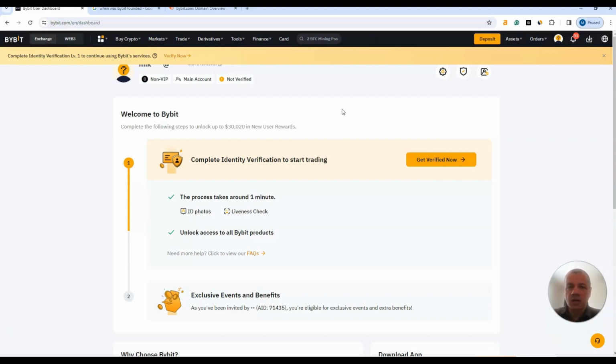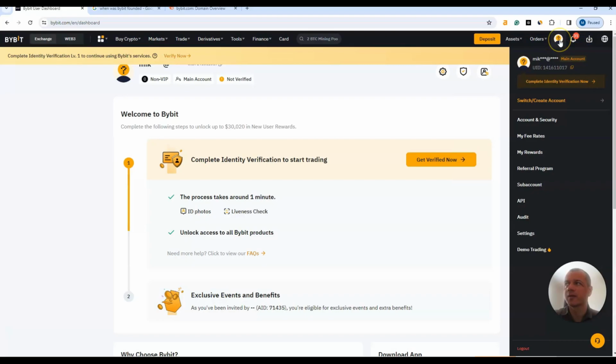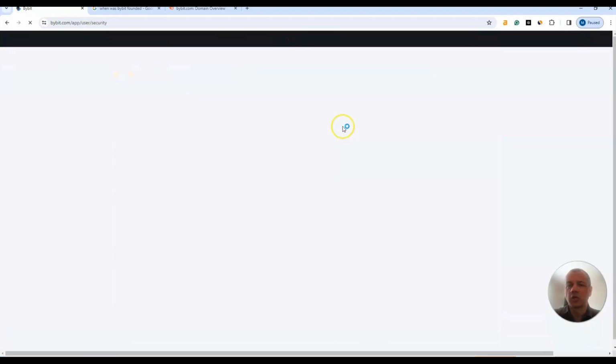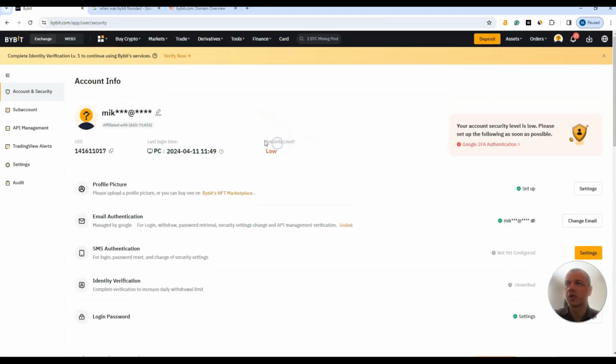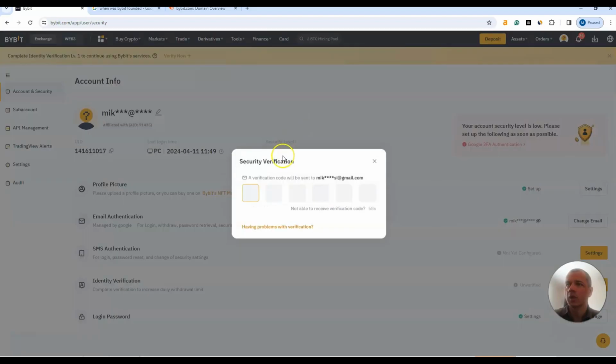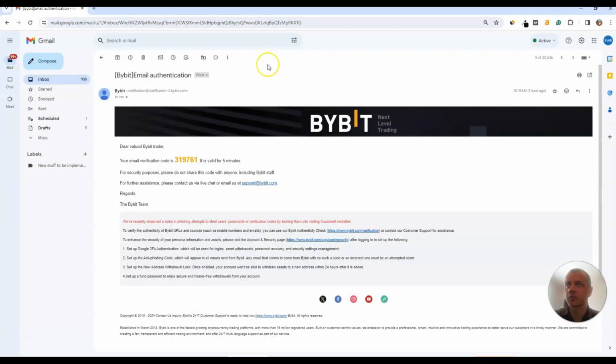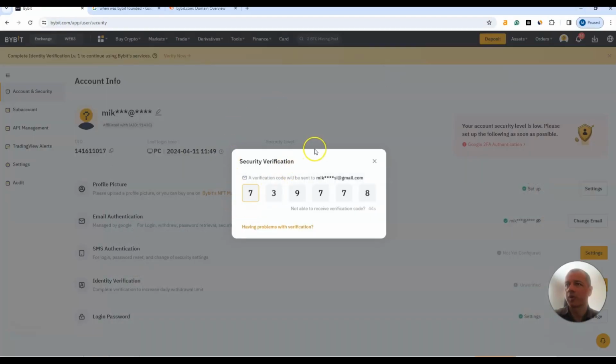If you are not familiar with the platform yet, you can skip this step, but what I do recommend is to go to the upper right corner to check your account and security, where you see your security level is low. What is recommended is to do the Google two-factor authentication. You get your verification code to your email address. You can copy the code and paste it over here,